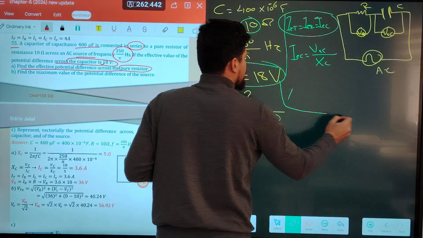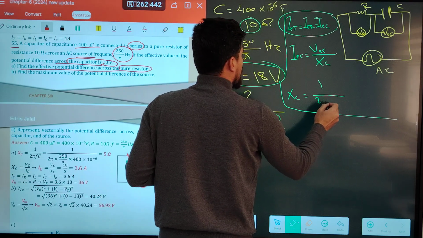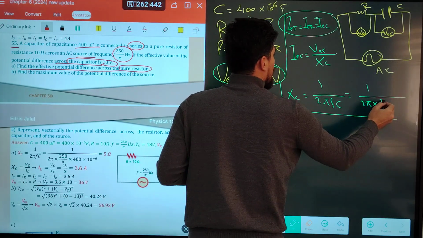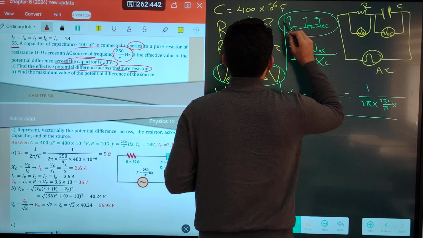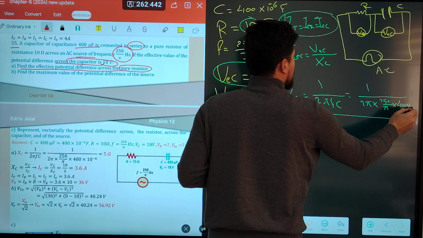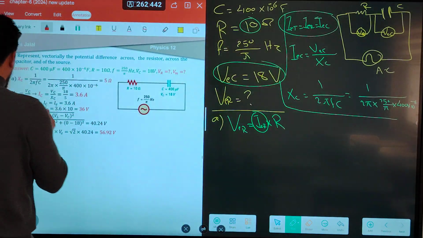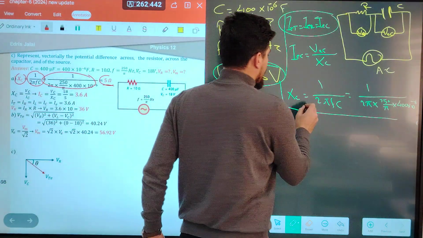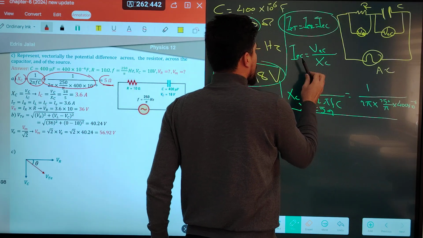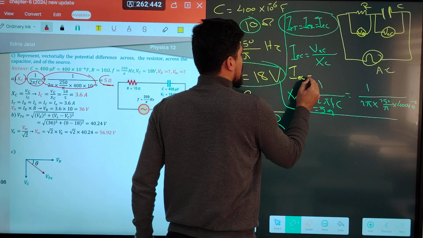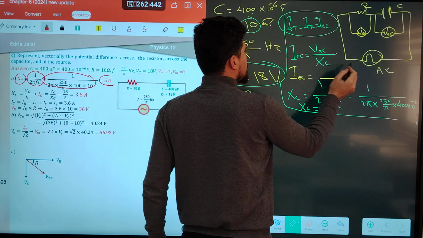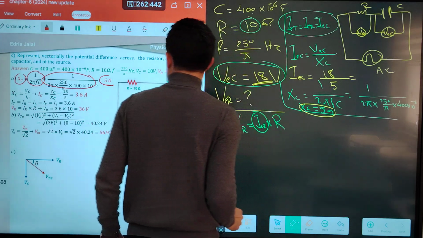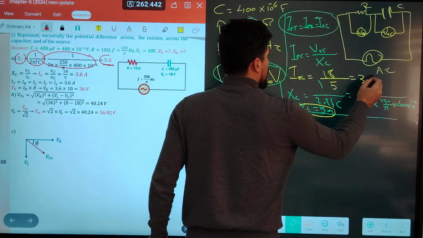How can we determine XC? XC is equal to 1 over 2 pi FC. 1 over 2 pi times 250 over pi times 400 times 10 power negative 6. Okay? By calculator, XC is equal to 5 ohm. Replace it to this equation to find the effective value across the capacitance. VEC was given. XC we didn't have, we found. 18 divided by 5 is equal to 3.6